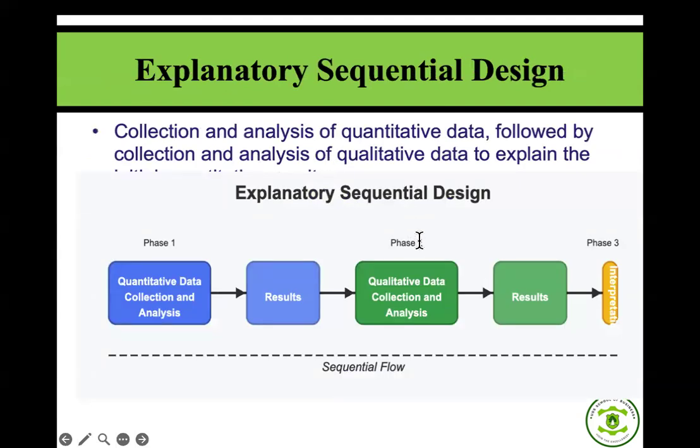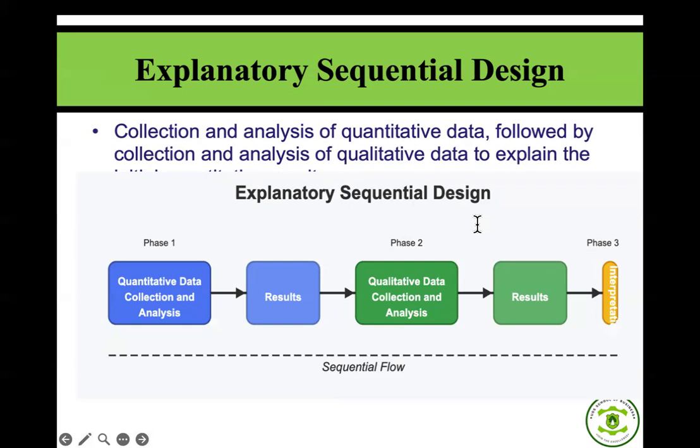Now let's transition from discussing convergent design to what? To exploring another type, which is the explanatory sequential design. As you can see in the diagram, this approach follows a distinct linear progression rather than what? Parallel. So the key concept and structure is that explanatory sequential designs are characterized by a two-phase structure, two phases,